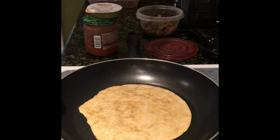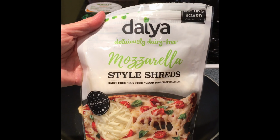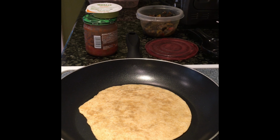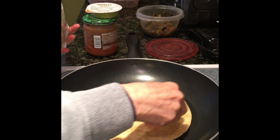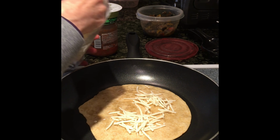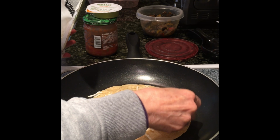The next thing I'm going to be using is a vegan cheese. Now, you don't need too much of this. Well, it depends how you like it. You can put as much as you want, but I prefer it to be not too cheesy, so I'm going to go ahead and put,